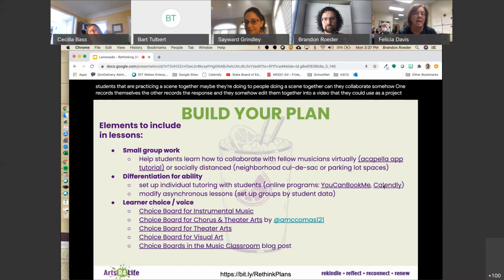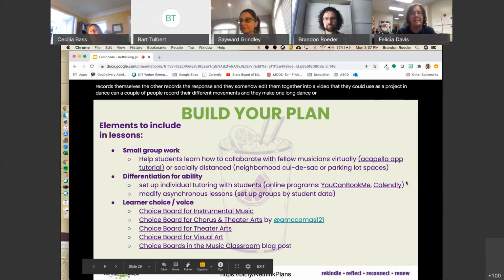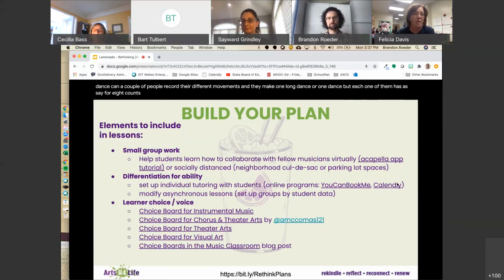In dance, can a couple of people record their different movements and make one dance, where each one of them has, say, 4/8 counts of movement that they incorporate? Normally, if we were in dance class, we'd put all those elements together and 3 people might dance together, but maybe they can videotape themselves, each performing their 4/8 counts, and then piece it together as part of a project. How can students work together in a small group in this kind of situation?